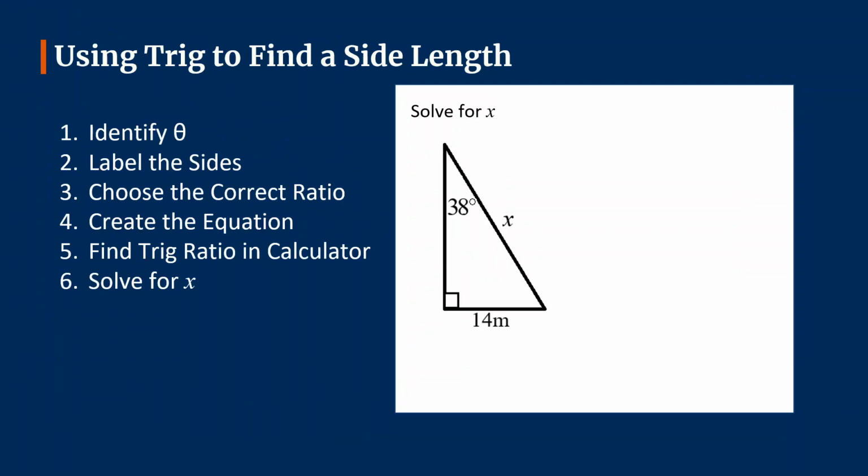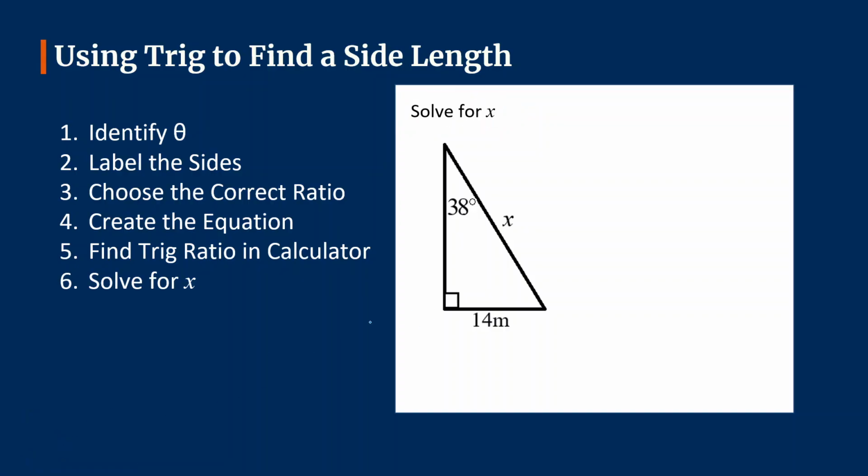Okay, fixed the issue. So these are the steps in order to use trigonometry, basically. Our goal is to solve for x. So x is right here. It's one of the sides of the triangle. So the steps are that we have to